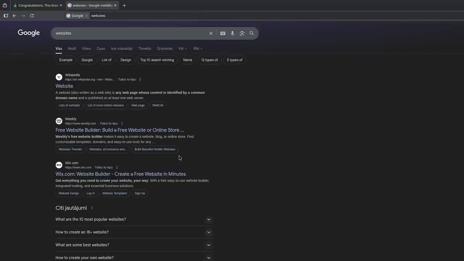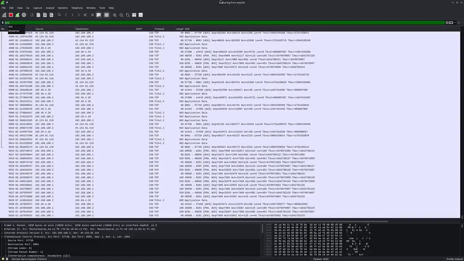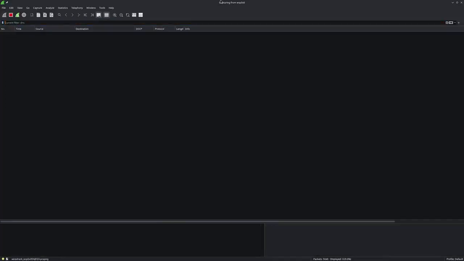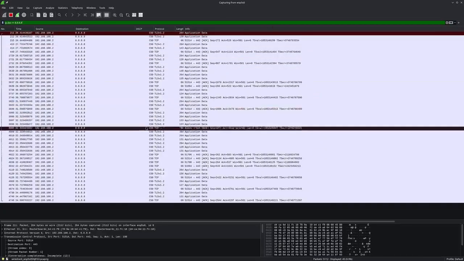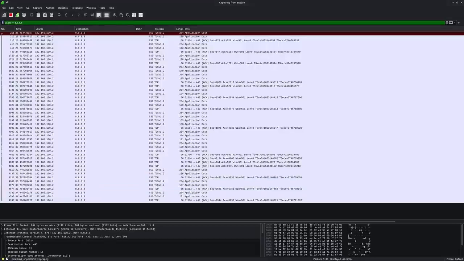Now let's open some random websites and check the uplink traffic again. Great, there is no DNS, but you can still see that there is encrypted traffic going to Google. For most people, this is good enough, but because DoH uses TCP, we can go further and run our DNS